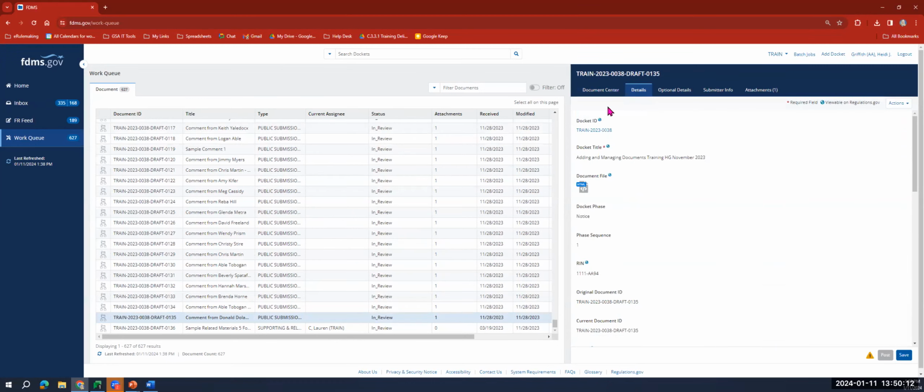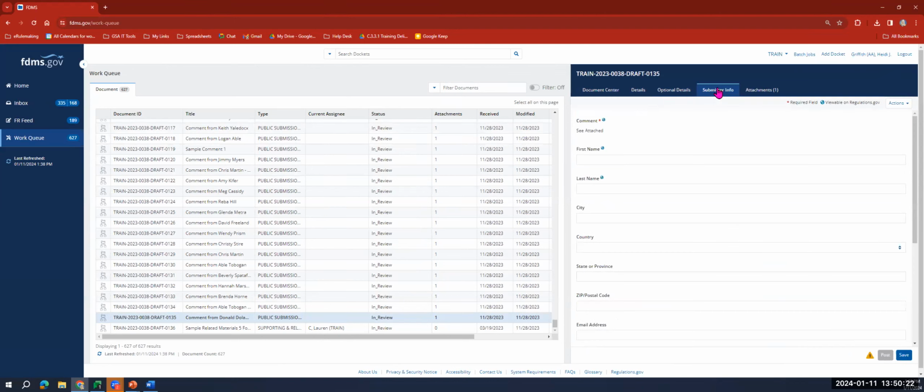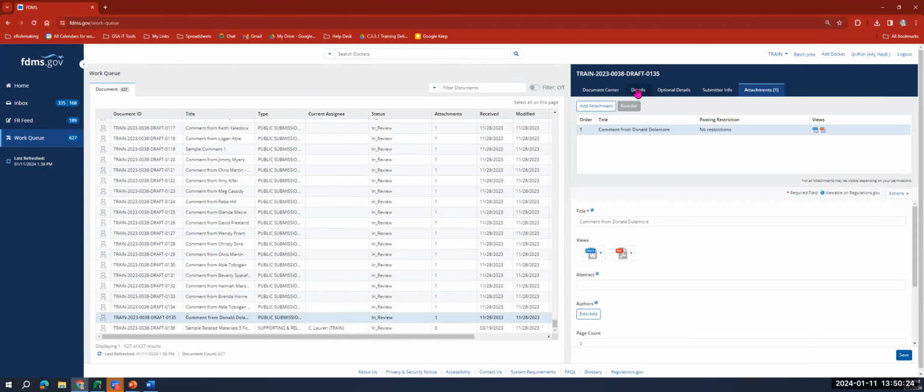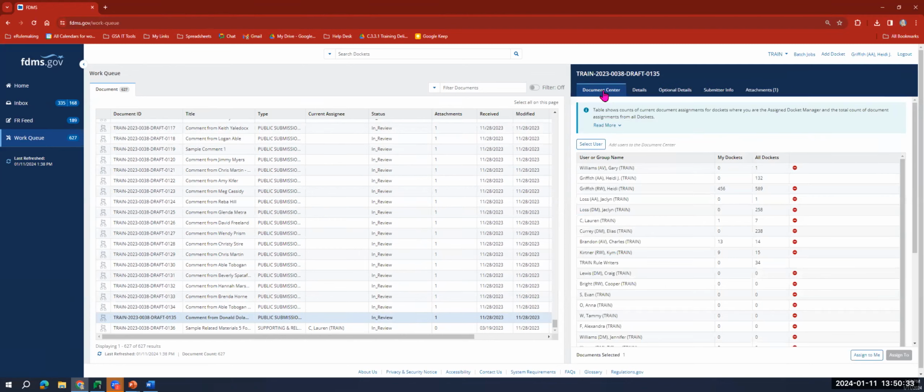And you'll see, I'm going to go ahead and just show you that you have the same tabs here that you would have if you were inside the docket or if you were in your inbox. You have the Details tab, the Optional Details tab, the Submitter Info tab, and the Attachments tab. These are just like the ones that are in your inbox, just like the ones that are inside the docket structure. But you also have this Document Center tab, and the Document Center tab is what makes the work queue